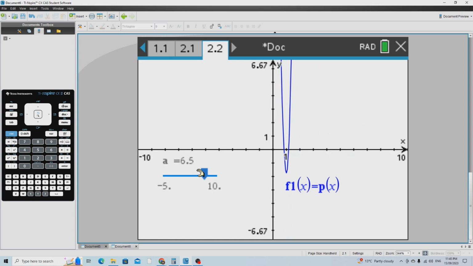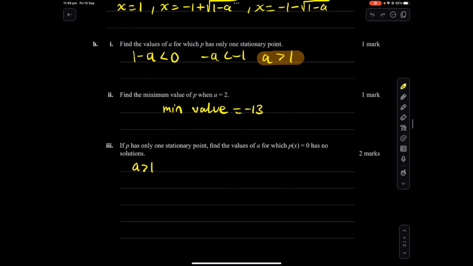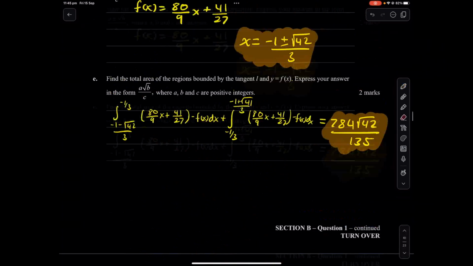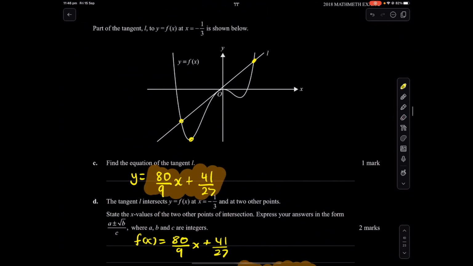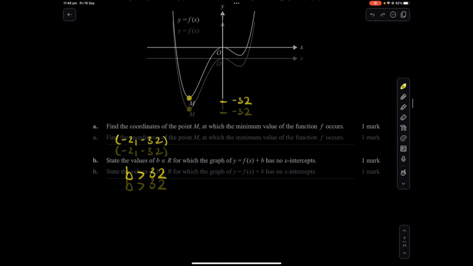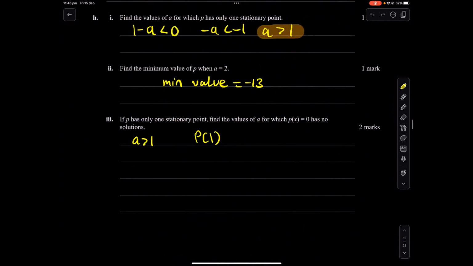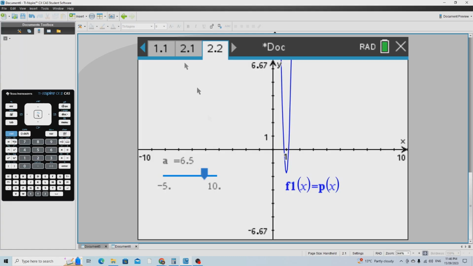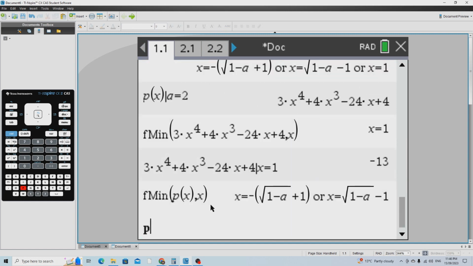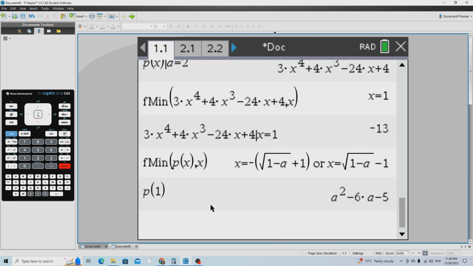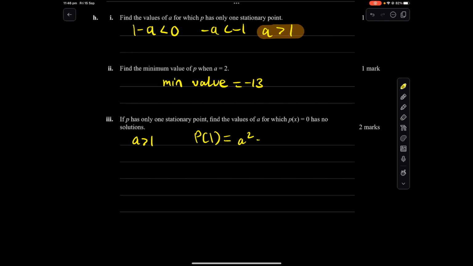Let's go back to our, so at x equals 1, so we can say that when p of 1, that y value, because we remember we're doing the same thing as we did here. We said this, and it's greater than that value. So what's p of 1, actually? So p of 1, we go back to our old, so what's p of 1? It's this, so it's a squared minus 6a minus 5. And we want that